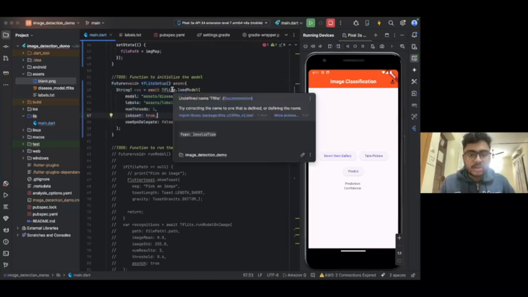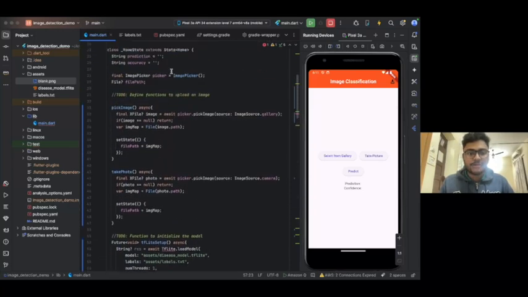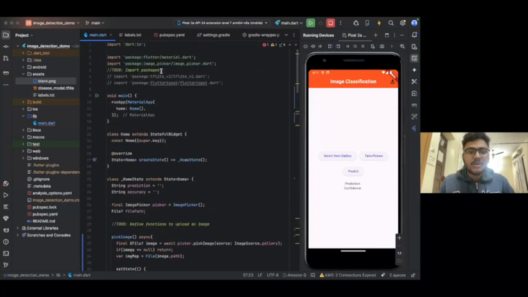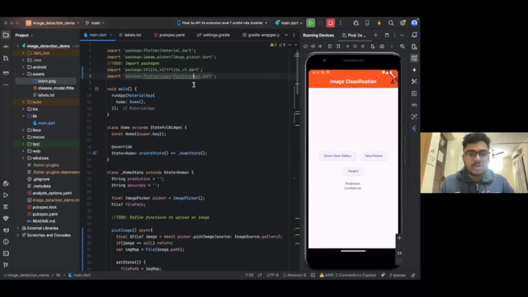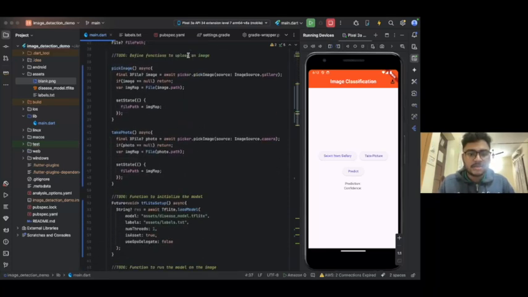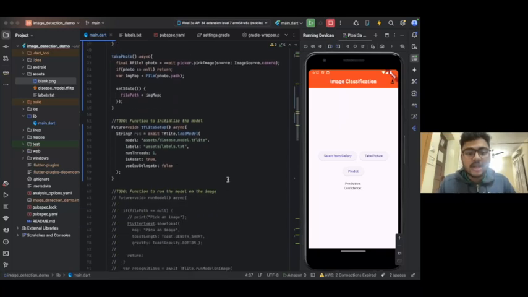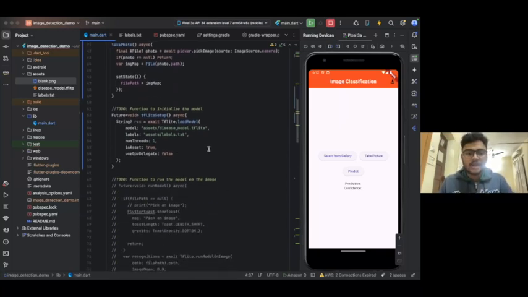Before that, I have another thing to do. We have to import the packages from pub.dev. We can't work on them directly, so let me uncomment this also. This is the TFLite v2, Flutter toast, and the image picker is already running. After uncommenting this TFLite setup,